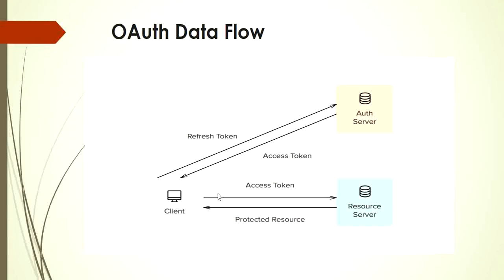Suppose that token is expired, then we can refresh that token, regenerate the token, and again pass it to the API and get the information. The token has an expiration time, meaning at some point it will expire. Usually it is 10 minutes by default, but you can also increase it.